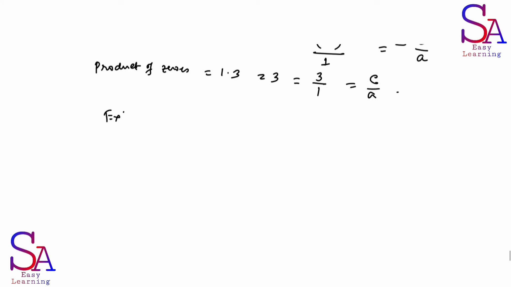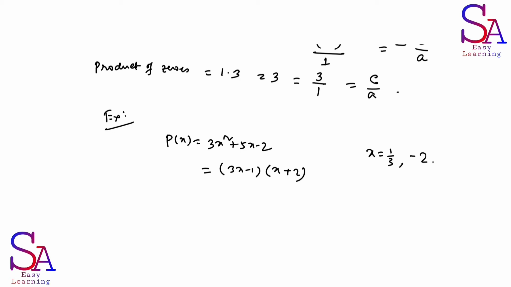Another example I give: if we take the polynomial p(x) equal to 3x square plus 5x minus 2, and if we factorize it, then we get 3x minus 1 times x plus 2. Then we get two zeros, one is x equal to 1 by 3 and one is minus 2. So when we get the sum of the zeros, that is 1 by 3 minus 2, we get